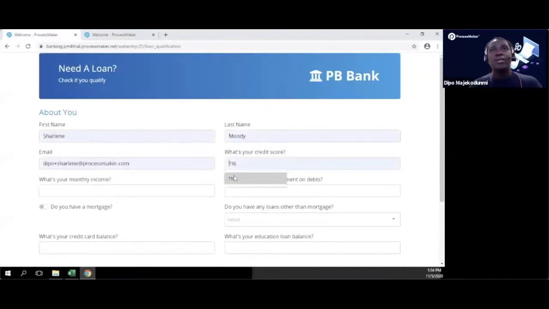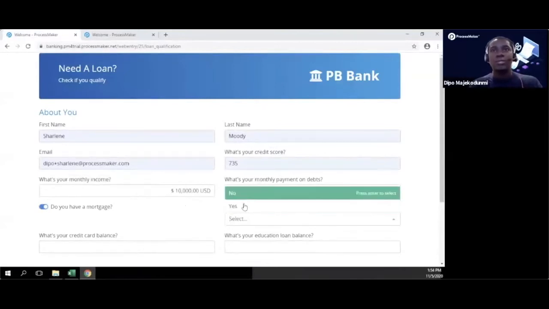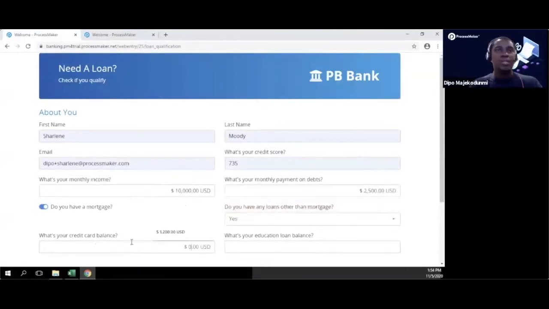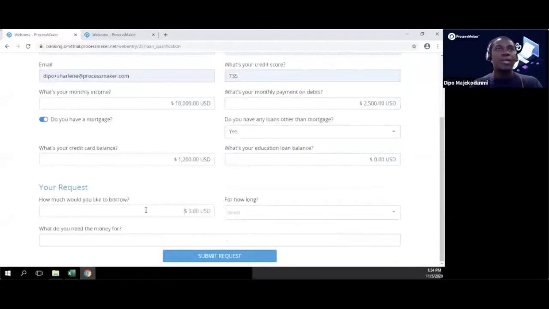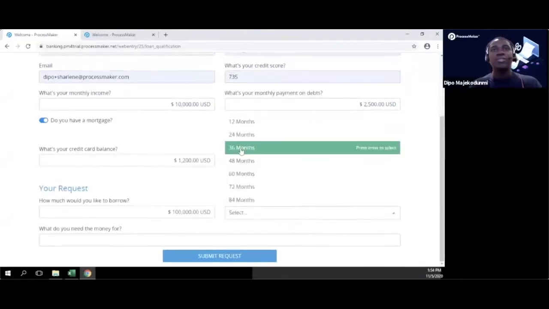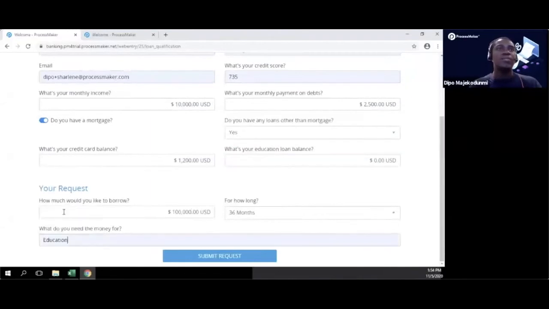Charlene, credit score is still 735, monthly income is 10,000 with 2,500 monthly debt payments, and she has a mortgage and other loans, and has 1,200 on the mortgage, no education loan, and would like to borrow 100,000 for 36 months and needs that for education. I'm going to submit that request,